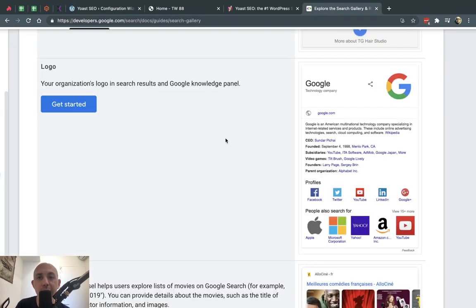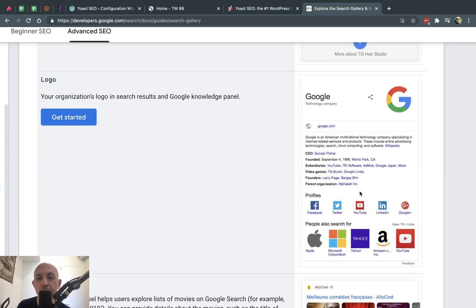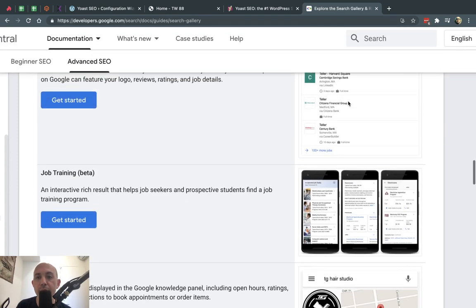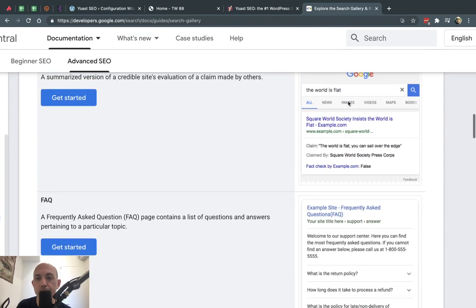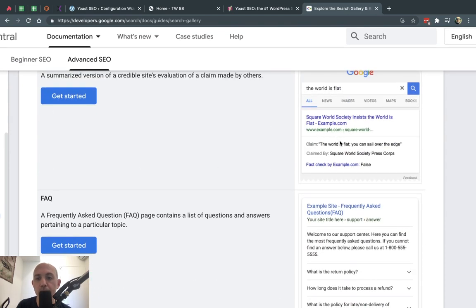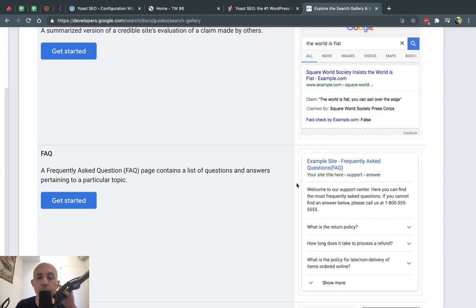And what does structured data do? It helps, number one, the search engines understand what your page is about and more information. And number two, you have a chance to enhance your listings. For example, here, when someone Googles my name, I can provide more information. I can show the social profiles related to myself. Not just basic information, for example, the title, right? The title and the URL and the description, something like this. You can enhance it. So if you provide structured data, you have a better chance for ranking, and you have a better chance to show more on the search result pages to get more clicks.